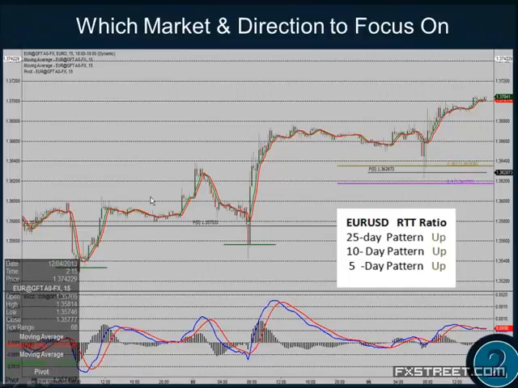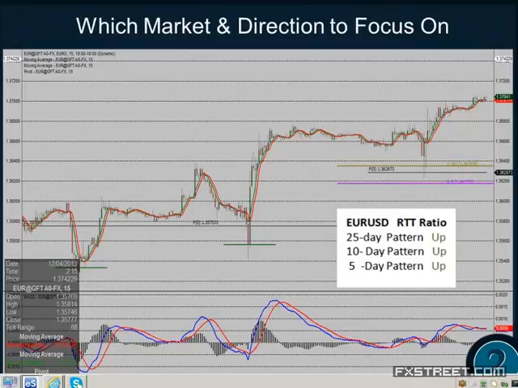So you can see the pattern here. The euro has a tendency to go down very sharply, recover quickly, and then start to grind back up. So when our ratio is bullish like this, why would we be doing anything other than looking to buy, right? And that's really what we're focusing on today in the euro. I'm almost tempted to exit here and show you a real-time trade in the euro, what we focused on today in class, but I better stay on schedule here. So which market to focus on is always determined by that ratio.